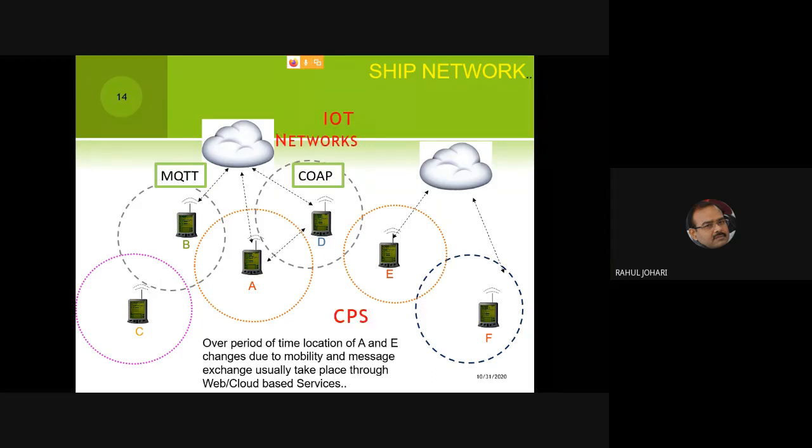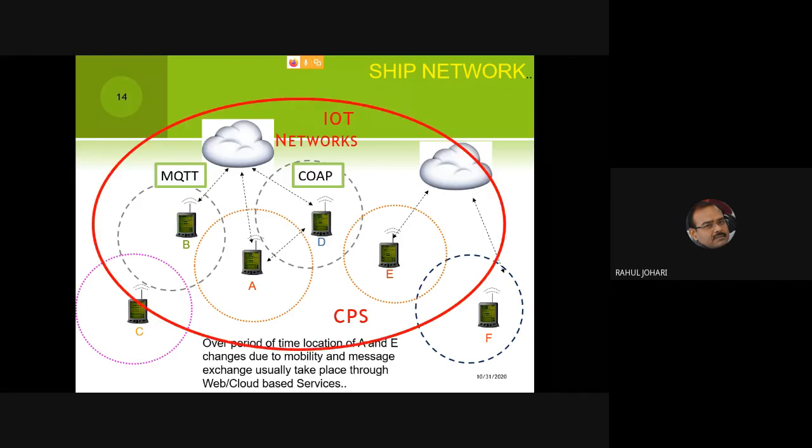So this cyber physical system, the CPS, involves the usage of the sensors, which helps in the building of the IoT network, where we carry out the transmission of the messages between the nodes using the MQTT and the CoAP protocol. We call it a CPS, or the cyber physical system. So CPS involves the concept of cloud-based web services inside it. And you can always have wired and wireless, that is not a problem. They were always there. Now the cloud-based web services have been added to it. So now this is a better phenomenon called CPS.